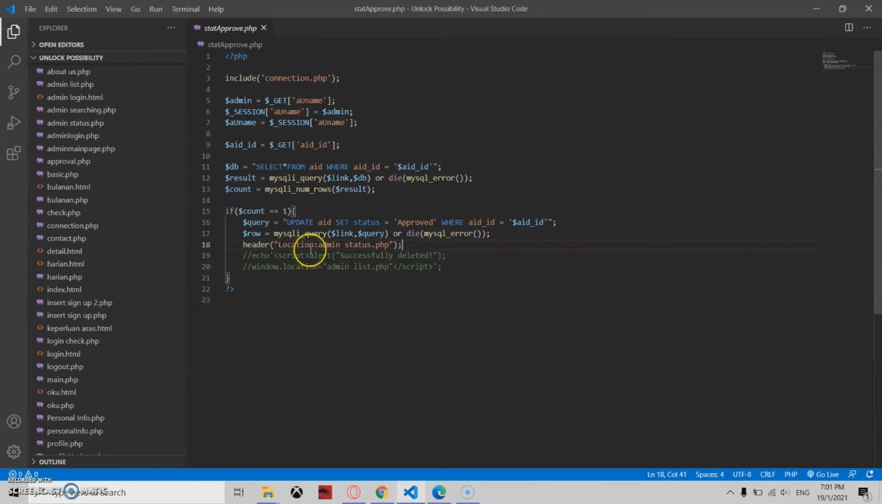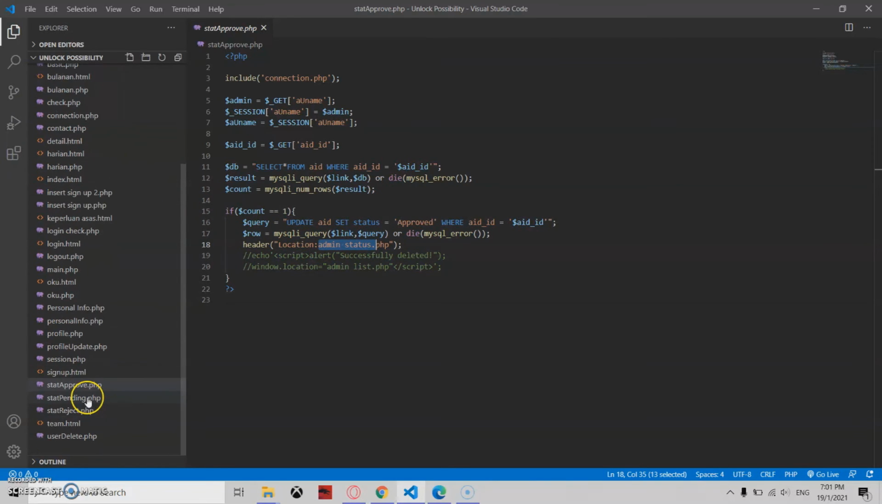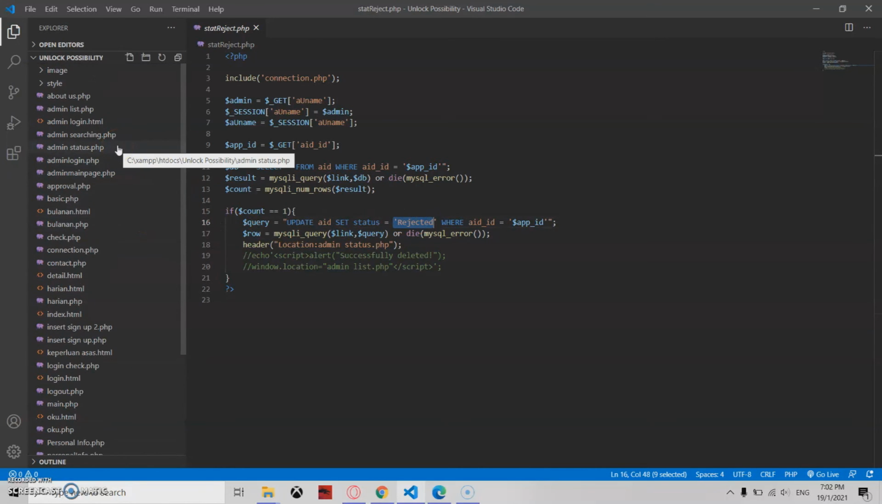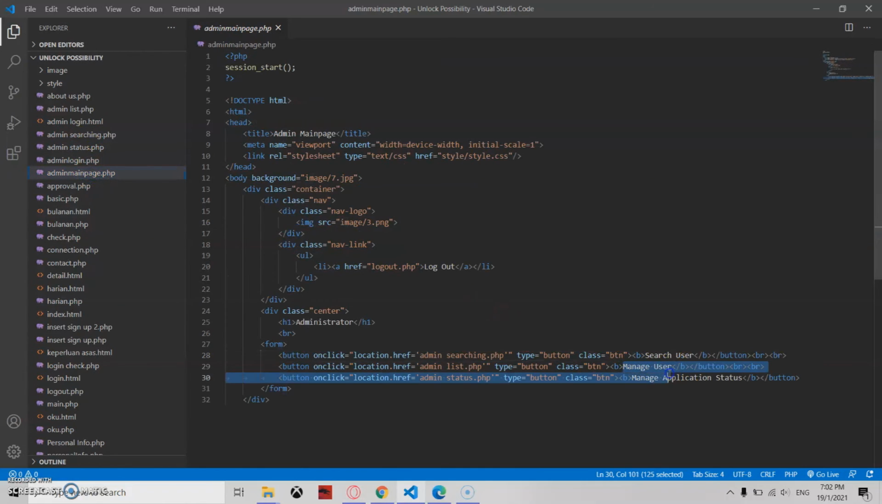So after we execute, we will go back to admin status, same as the other PHP. For pending, we set it to pending. For reject, we set it to reject, and that will change the status variable to either rejected or approved or pending. So last one, we will go to manage user. When we click manage user, we will go to admin